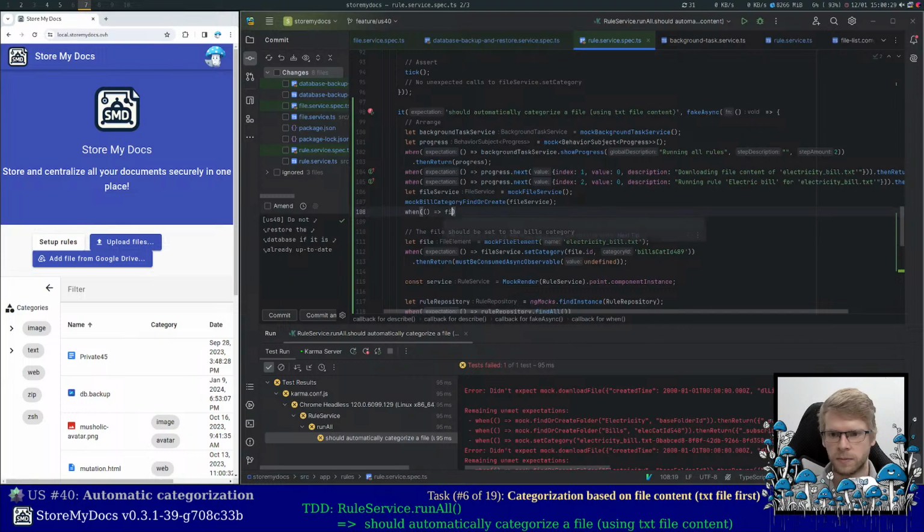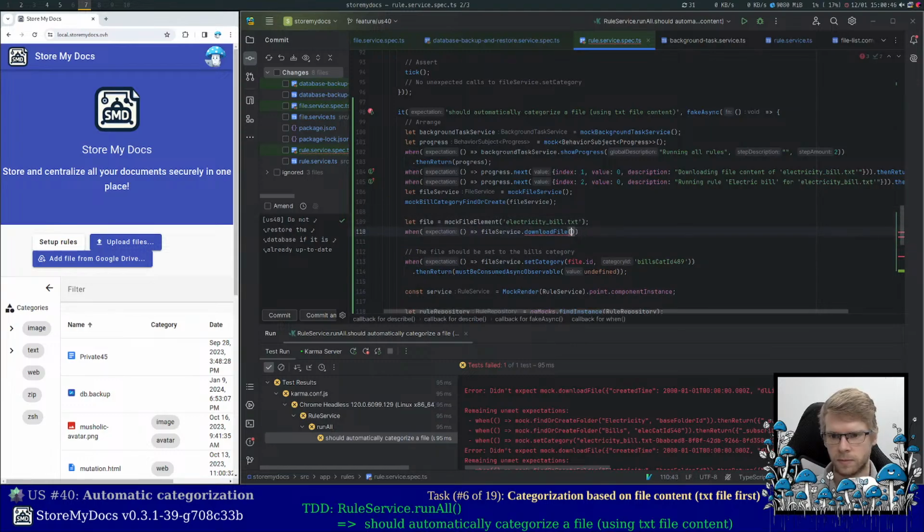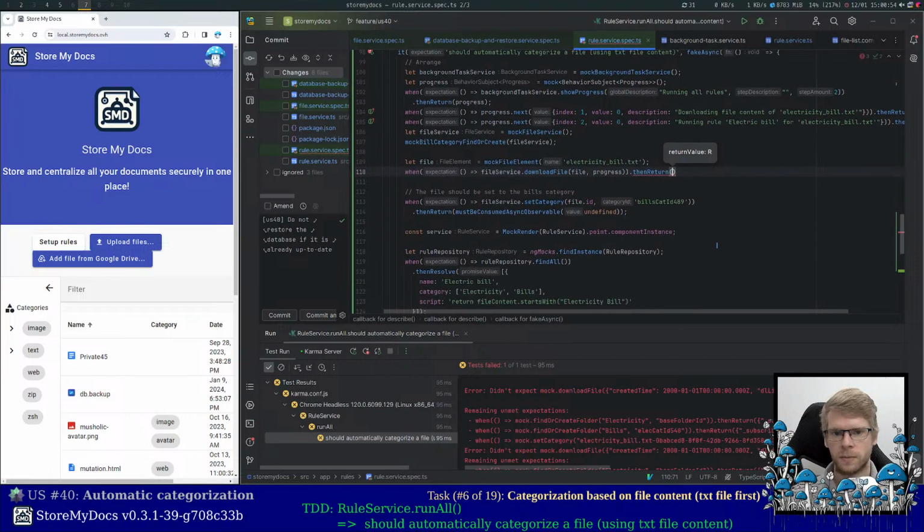When file service download file, my file is which one? It's this one. File with progress. Then return, and the content will be electricity bill, and then say something like this. And